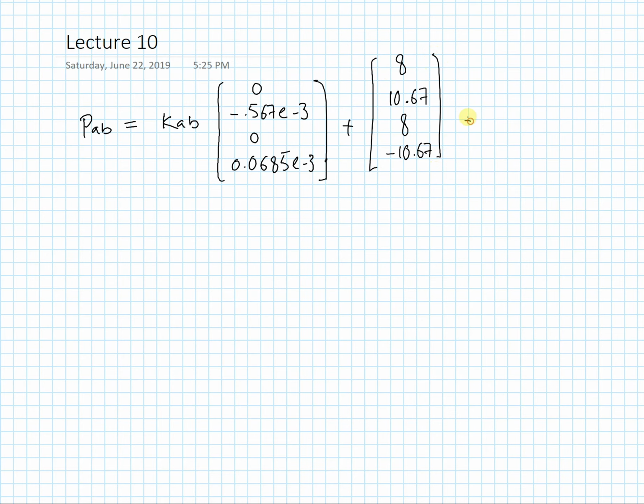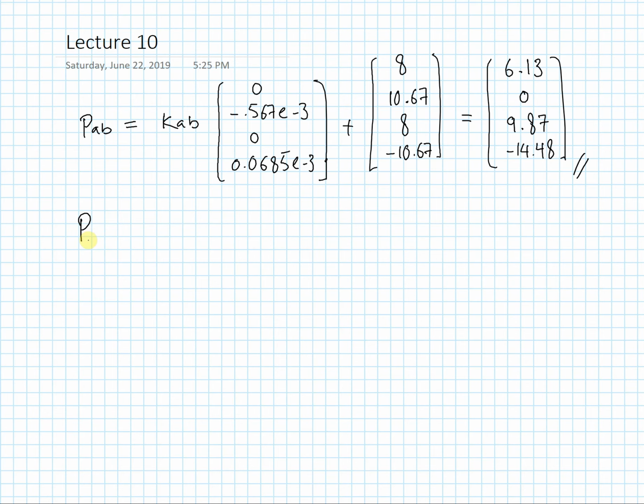Okay, and if we have done our math correctly, we should get values that look like this. Okay, these are the elemental forces for the first element, and now we're interested in the right beam, the second